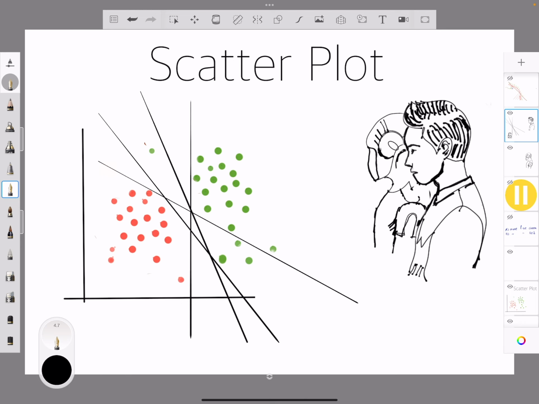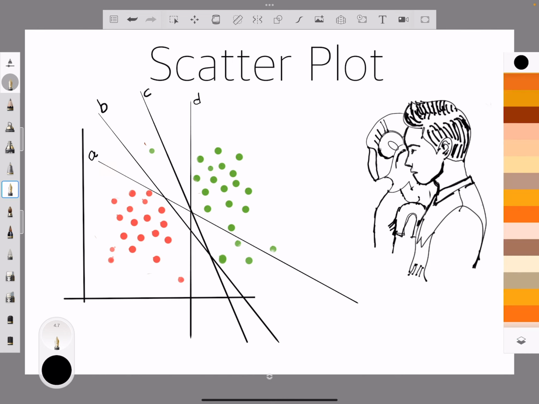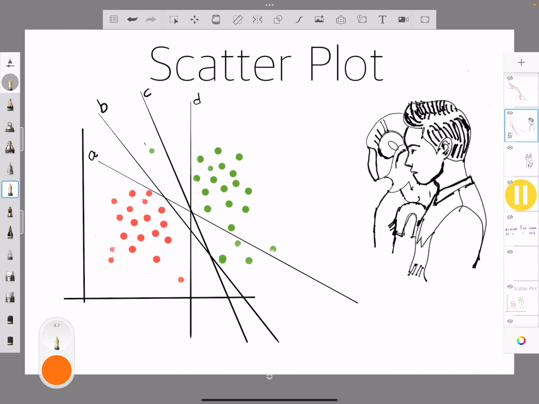I'm going to call them A, B, C, and D. And I would like to write the word which is decision surface linear. So we will get back to this keyword later, but for now we know the machine makes it